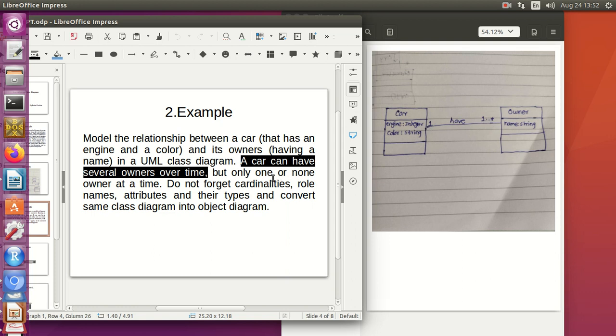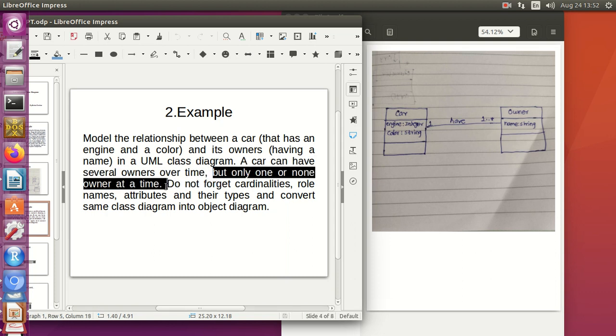But only one or none owner at a time, so again they have given the cardinality for this. Here we have identified "have" as the association name between the car and owner classes. So one car has one or many owners. Likewise you can draw the class diagram.